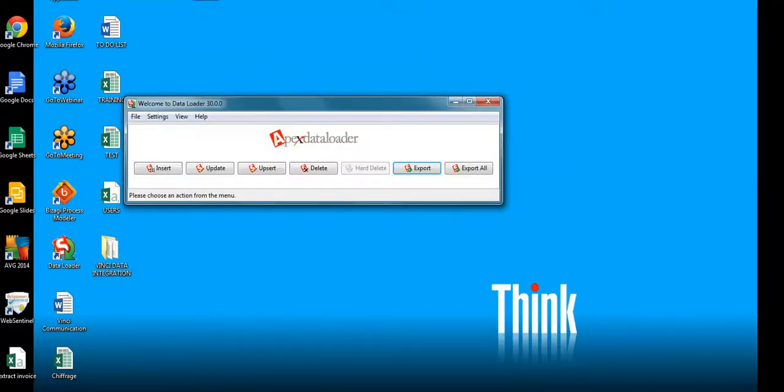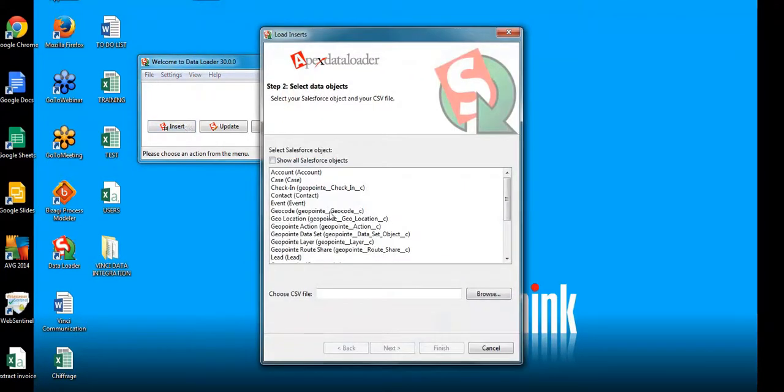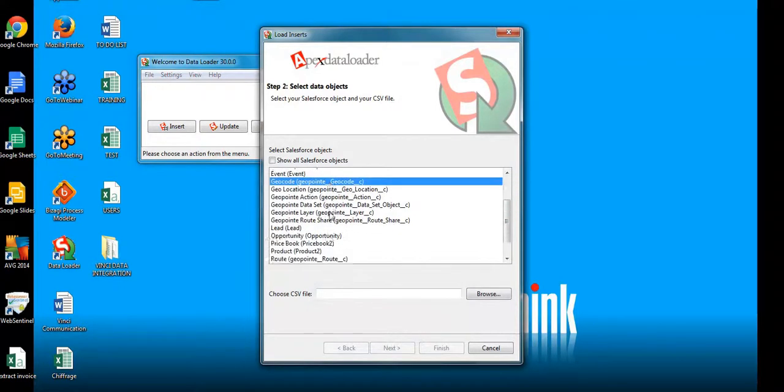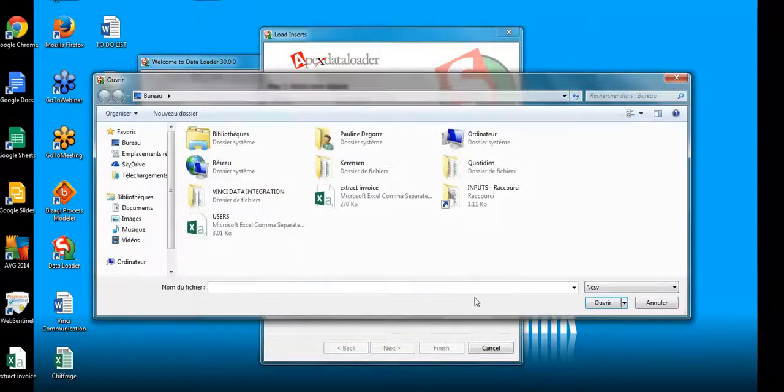Let's come back to Data Loader. As a first step, we can make an insert because there is no data for your country in Salesforce. So insert, you want to integrate static site data. So you click on the static site data tab. You choose your CSV file.